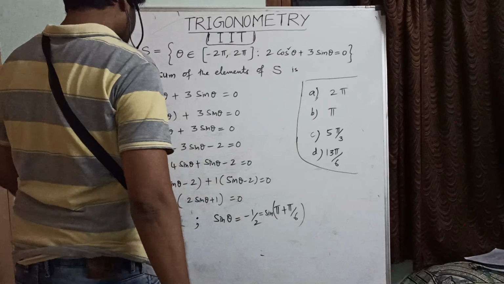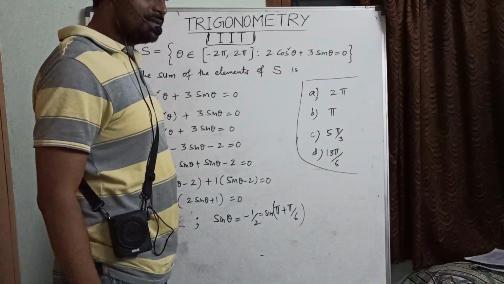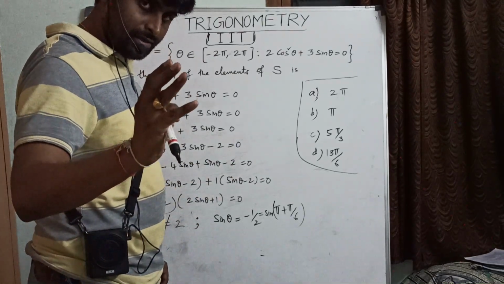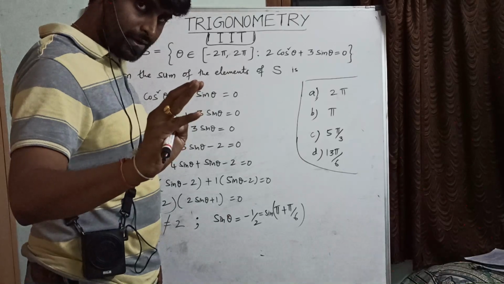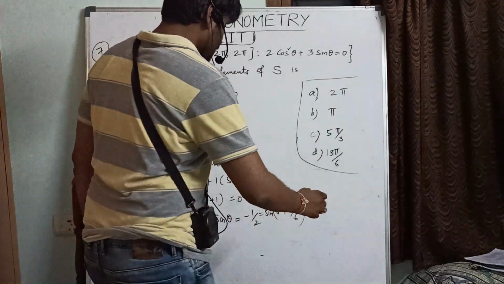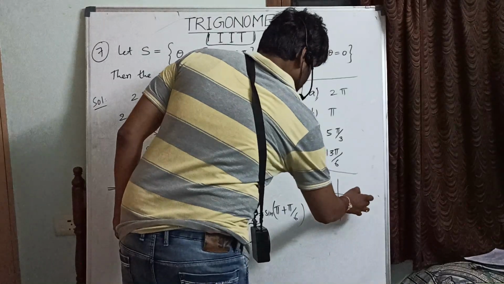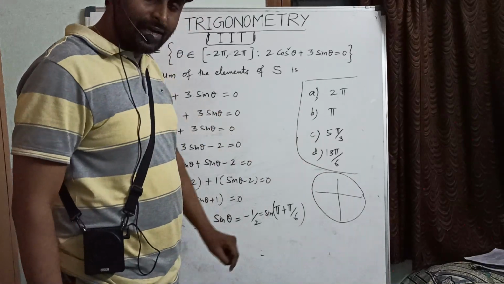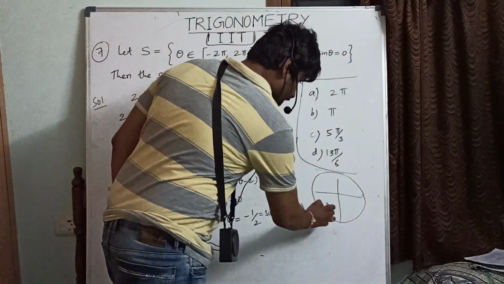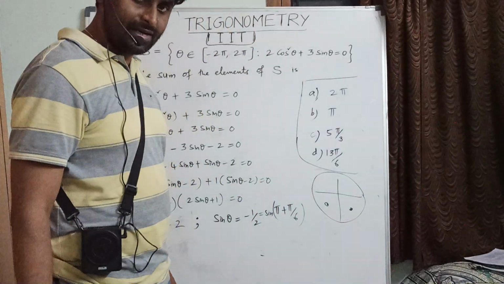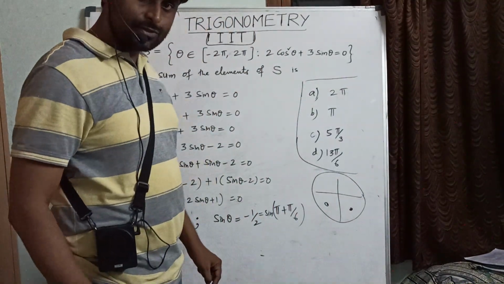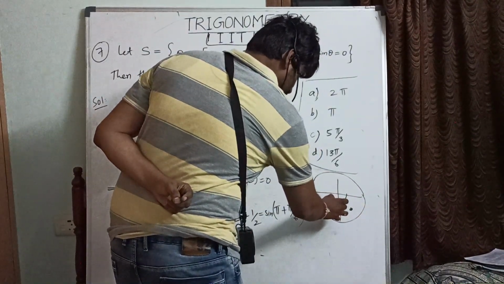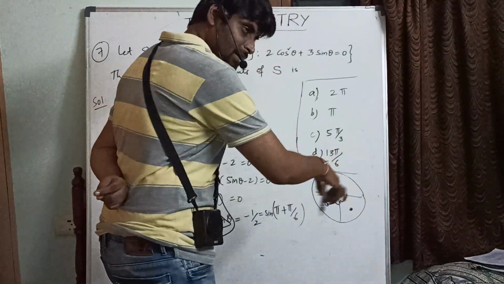Now you tell me, we should take all possible angles from this, and also where sine is negative. Third quadrant, fourth quadrant. See here, let me try to explain this. In one rotation, 0 to 2 pi, sine is negative in the third quadrant and fourth quadrant. Similarly, minus 2 pi also there. So here we can take minus theta, in the negative direction also.